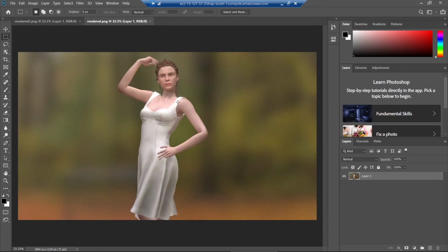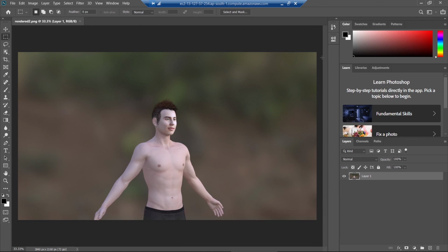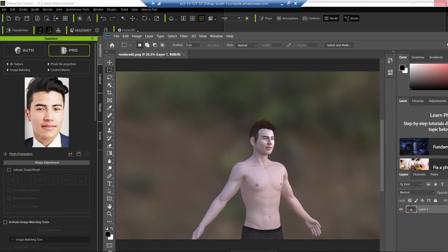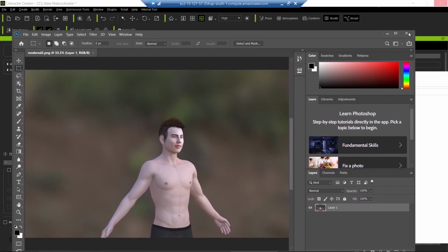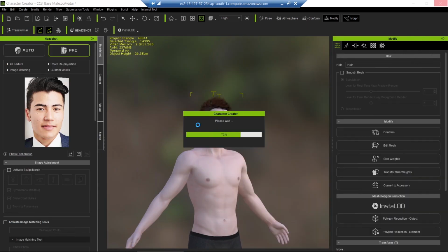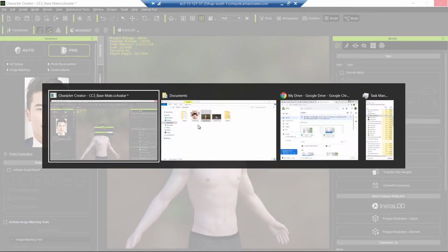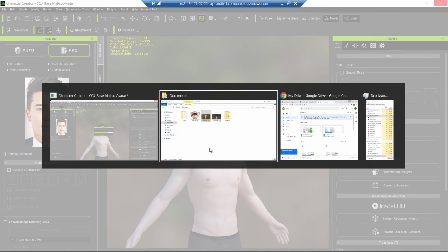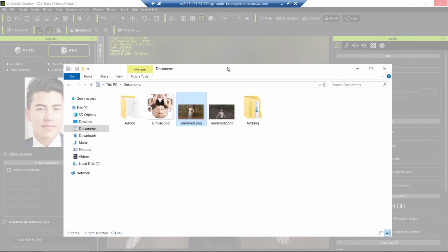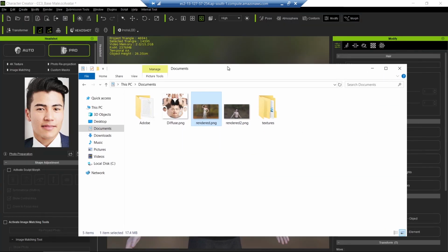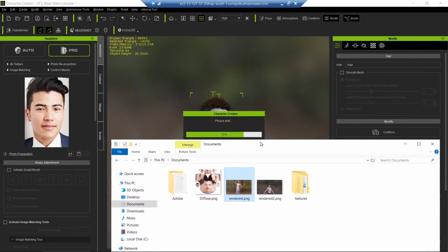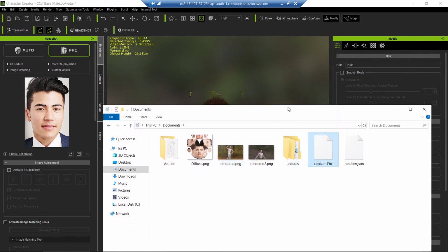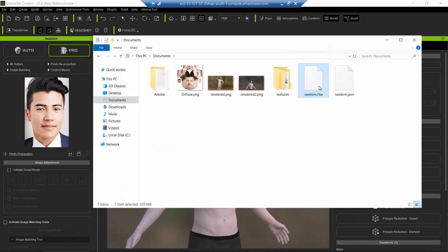So this is how a different person looks. It's not so perfect, but it's almost like real-life situations in the game. And we are just waiting for the program because it's putting a lot of pressure on the system. These softwares are too heavy to run without a GPU, and we are using around 20 gigs of GPU. So we have created this random.fbx file, the most necessary file here. A 325 MB file has been created.